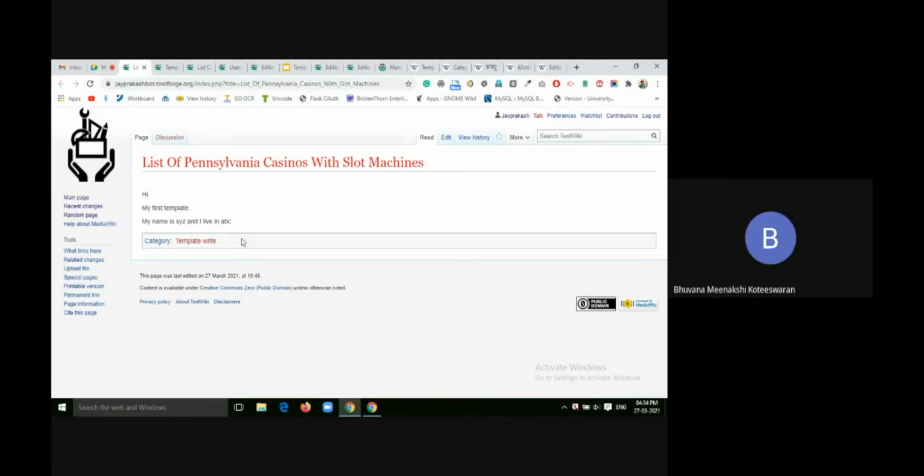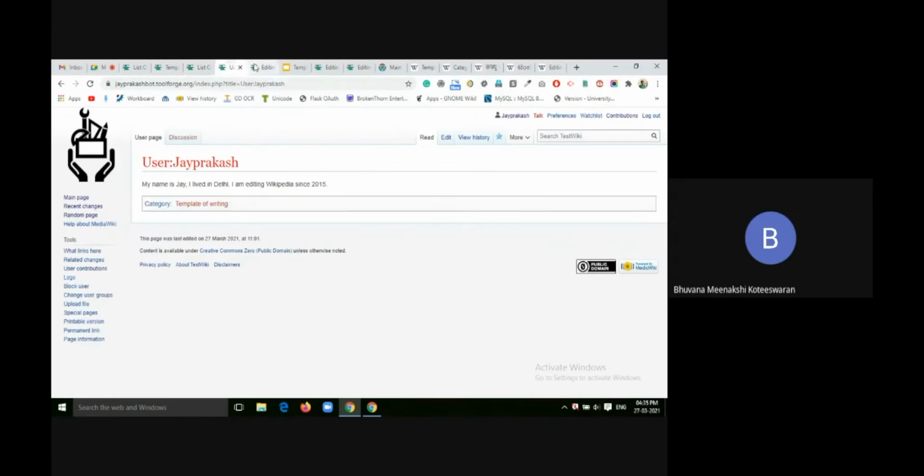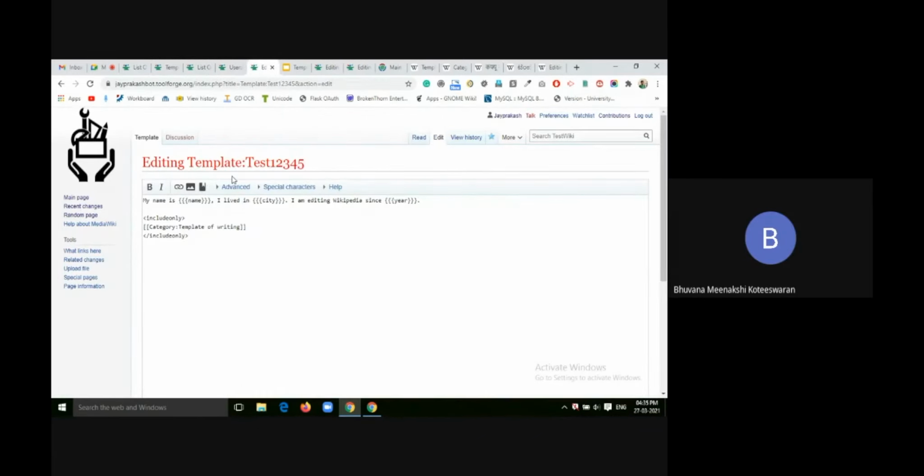So what's the basic purpose of this? It is used generally for the heading categories. Only the categories. Okay, because if you use the category in a template, then it will include. Like I can show you. So the category will not work without the include only function.